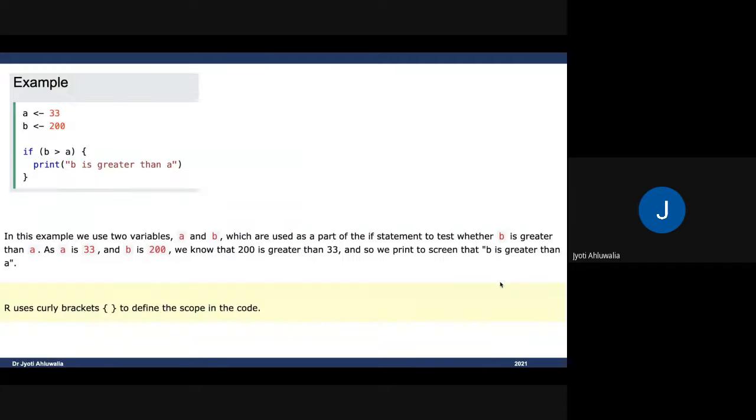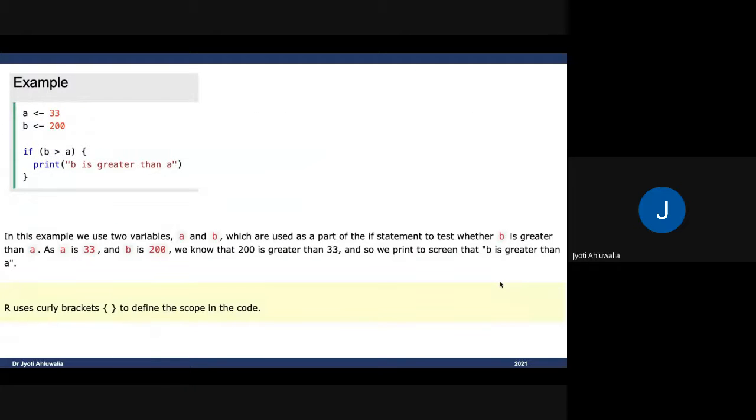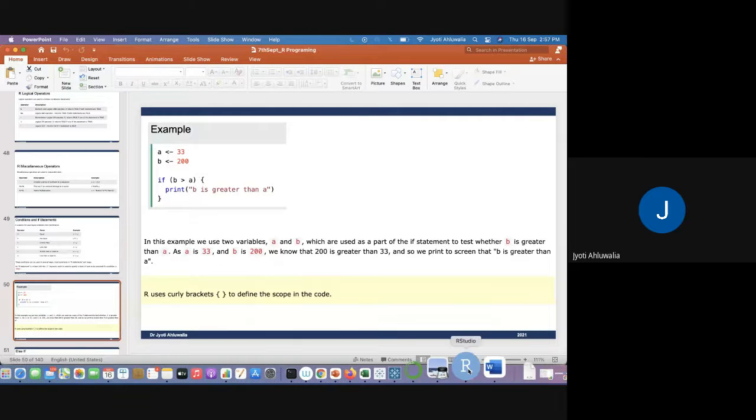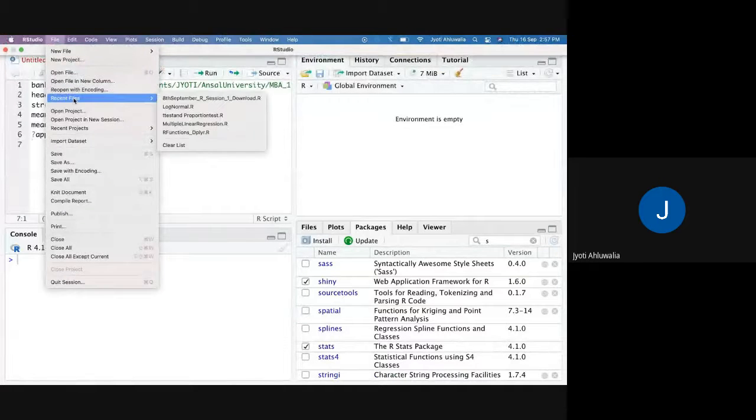So now we look at some examples of else if. Here we have an example of a very simple if statement, which says that if B is greater than A, then print A. So let's do it on R. We'll go to R and open our file: file, recent files.